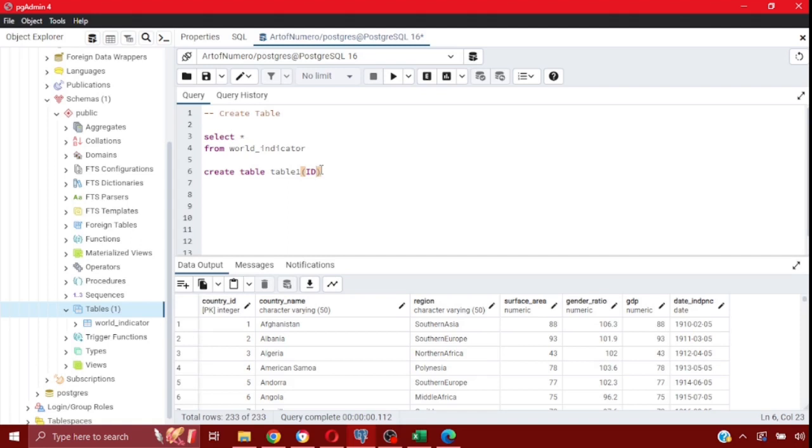So it's good to keep IDs as integers. So let's go ahead. I would say just open the parentheses and then type everything below it. All right, so let's start with ID and then put integer for the data type, and